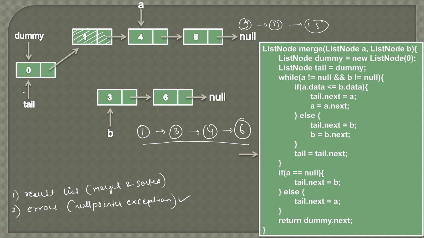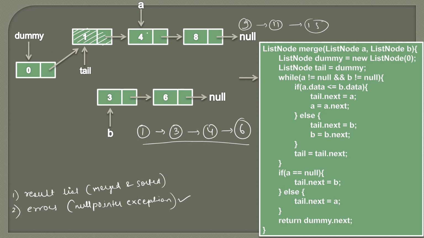And here in this step, as tail has added one node here, now the other node will come after 1, because this node is added and we have to add more nodes, and tail will help us in doing that. So we also traverse tail ahead by assigning tail dot next to tail. So tail next is node 1. So now tail will reach here, like this, because the next node will be added after 1 now.